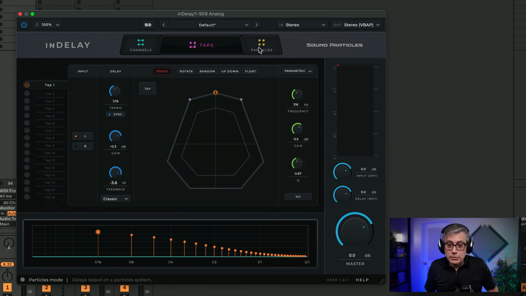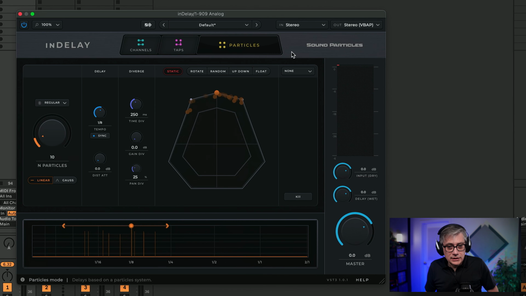The one thing that works completely differently is the particles section, and that's something that Sound Particles is known for, obviously, because it's in the name of the company, Sound Particles. And here you can work with particles. So instead of working with tabs, you actually have particles that move around in 3-dimensional space. If you've ever worked with any Sound Particles plugin, you know what I'm talking about. It essentially allows you to do all kinds of crazy things. Now, the one thing that I will say is that working with particles takes a little bit getting used to. There is a bit of a learning curve because it can get crazy very, very quickly.